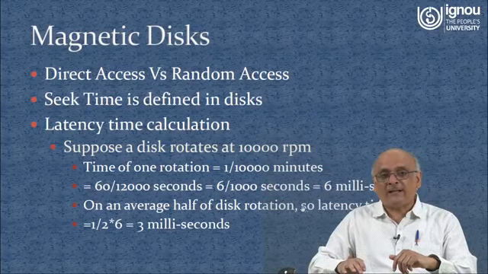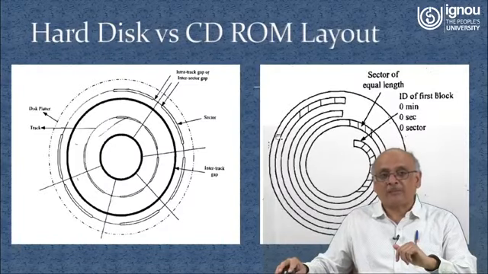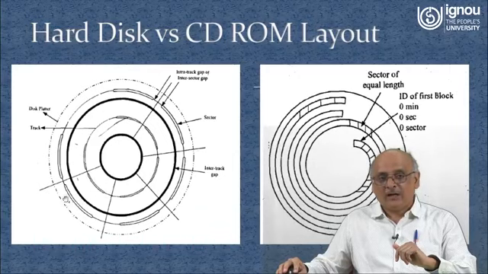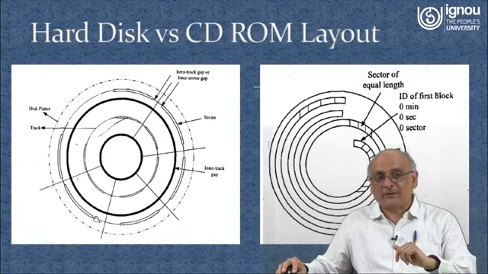Now, an important consideration in the disk is, suppose I have a hard disk. My sectors are uniquely identifiable. Now, the density of bits over here is going to be higher, and over here, because the sector size is large, although each sector stores the same amount of data, the sector over here is large. So the density of bits over here is going to be less.